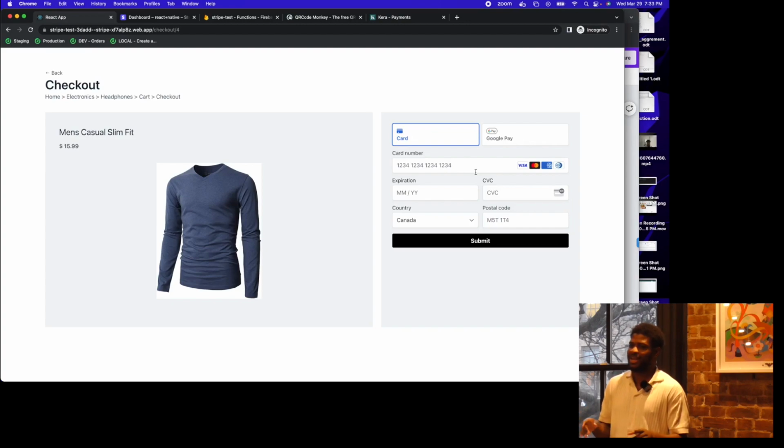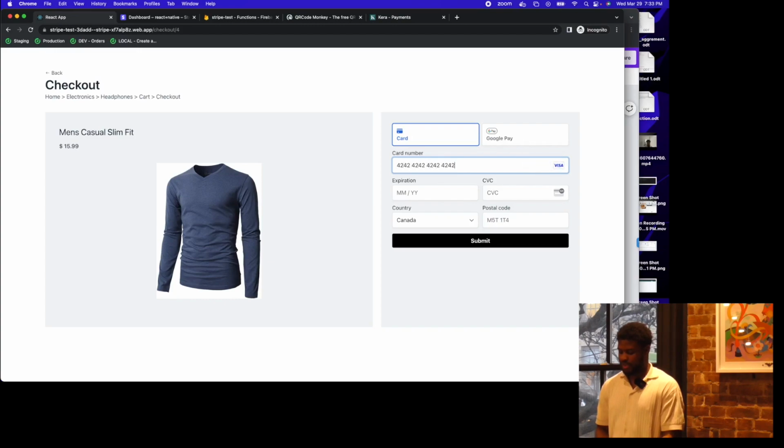You do not decide once you make the call where that information goes. Super important: if you're going to be using Stripe, you have to use their front-end SDK, at least for credit card payments. They're a bit more lenient when it comes to bank account transactions, but credit card payments are all through their SDK. I'm going to use their test card,